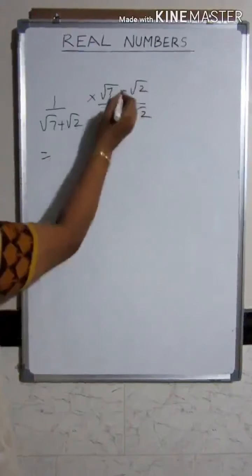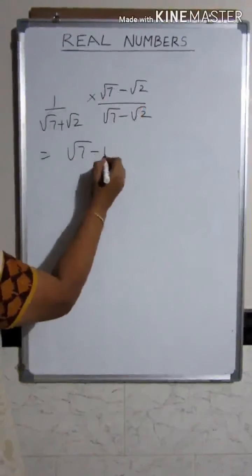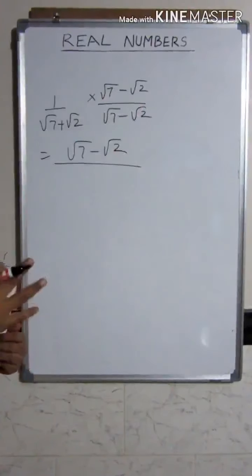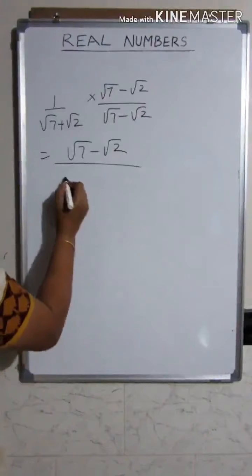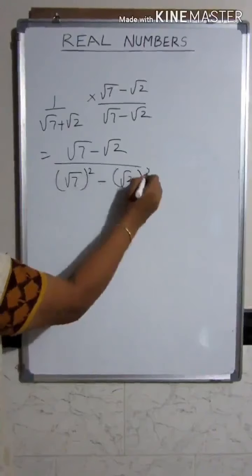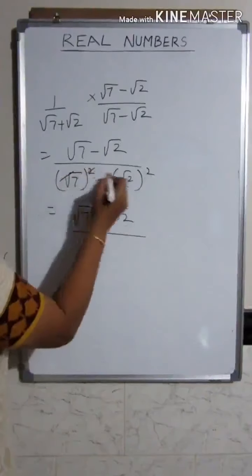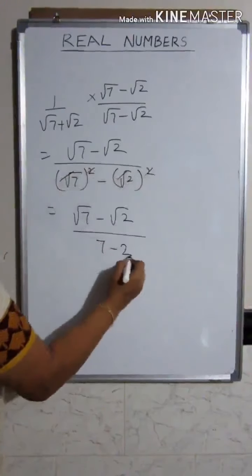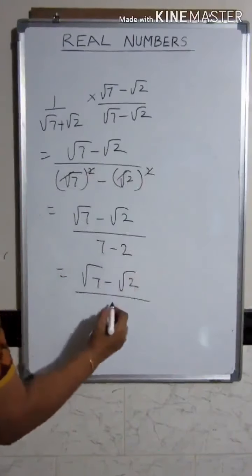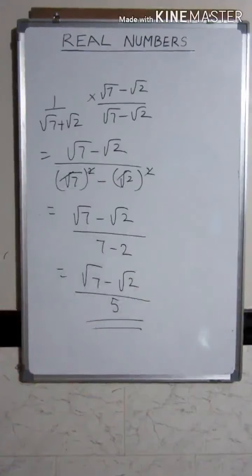So now in the numerator, 1 into this conjugate surd will be the same thing, so you will get root 7 minus root 2. Now in all these type of problems, in the denominator you have to write in the form of a square minus b square. So you can write this as root 7 whole square minus root 2 whole square. So which can be written as root 7 minus root 2 upon this root and square gets cancelled, so you will get it as 7 minus 2. So the answer here will be root 7 minus root 2 upon 7 minus 2 is equal to 5. So this will be your answer. So you have rationalized the denominator. You have got a rational number in the denominator.